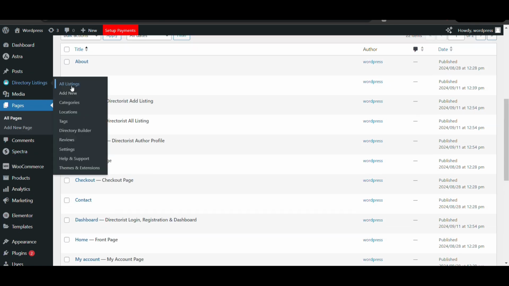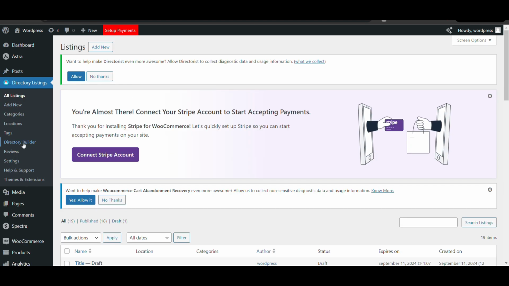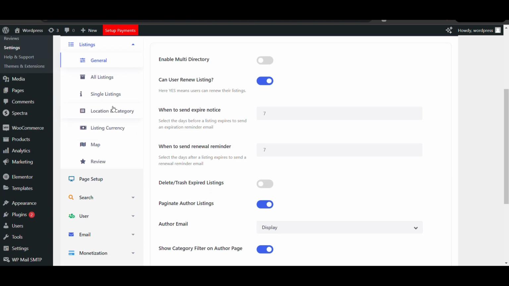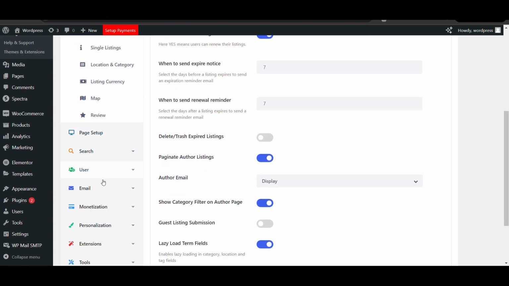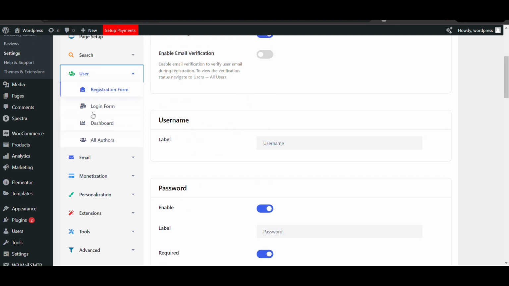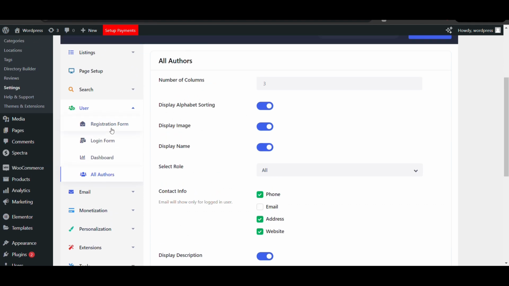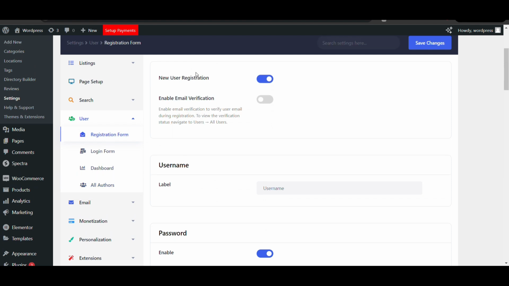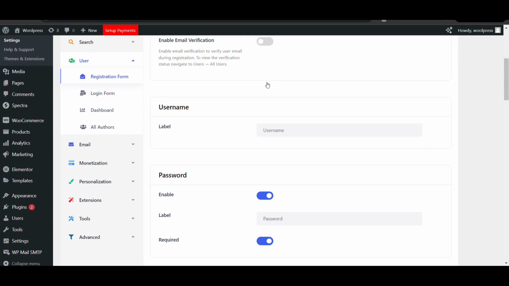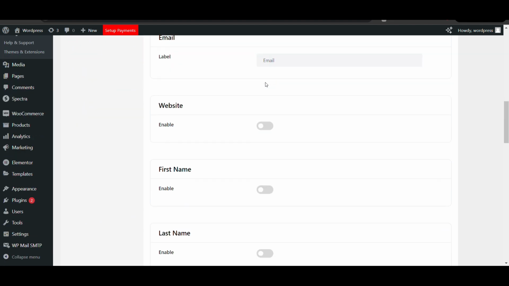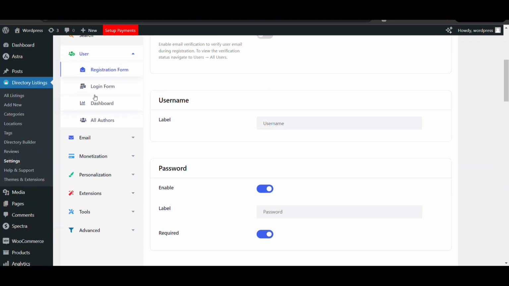Now an important thing: in Directorist, whether someone other than the admin can add listings or not, I will show you how. You can go to settings, go to users, new user registration. Then users are able to register, and then able to add listings if you enable it.